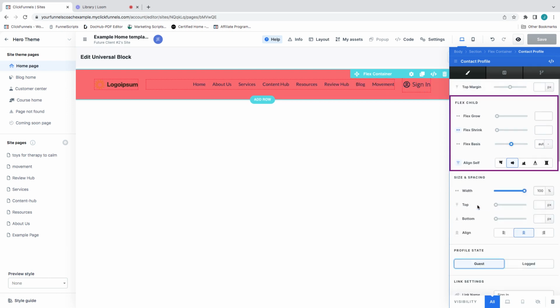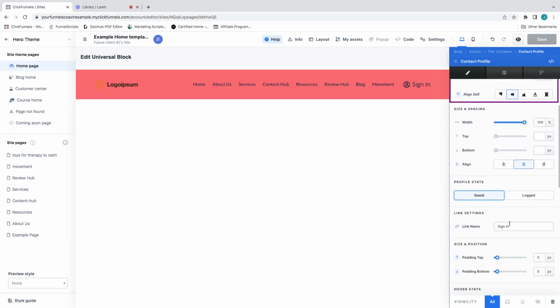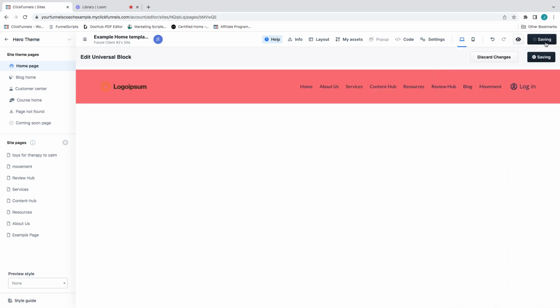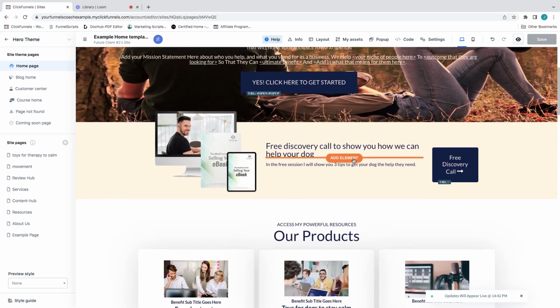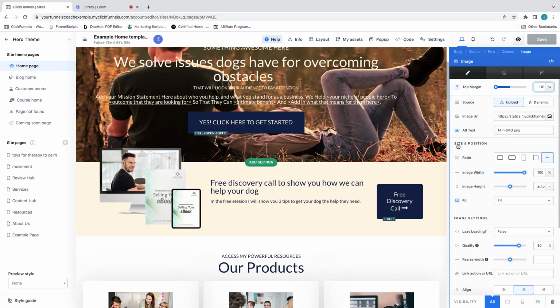So if it's a guest, it'll look like that. If it's logged in, it'll look like that. So if you want to say sign in or log in, let's do log in. It's all formatable. It's just getting to where you like it, it's really, really, really easy, but it can be super overwhelming at the beginning. But once you mess around with it for a little bit, you can get it to where you like it and